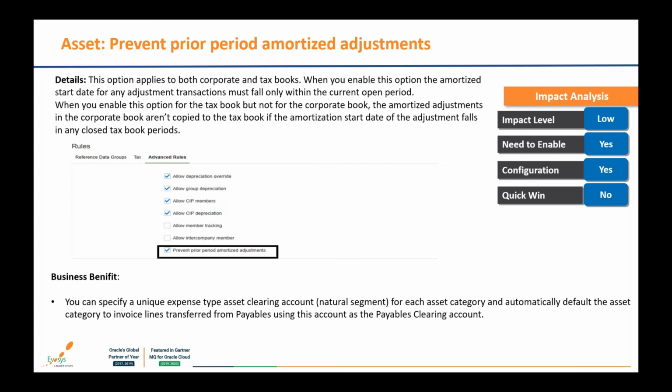So by this feature, Oracle has made sure that whatever prior period adjustments you are making in the corporate book are not transferred to the tax book. By just enabling a checkbox in my asset book, the system will prevent any amortized adjustment that you do in the corporate book from being transferred to the tax book. So if you are maintaining the tax book, then you can use this particular feature to ensure legal compliance with